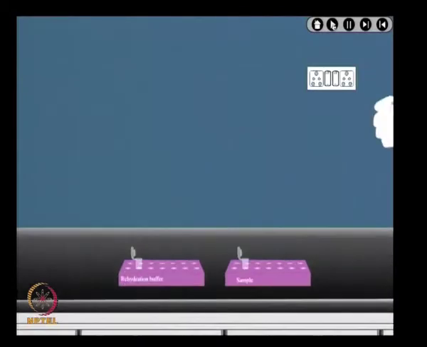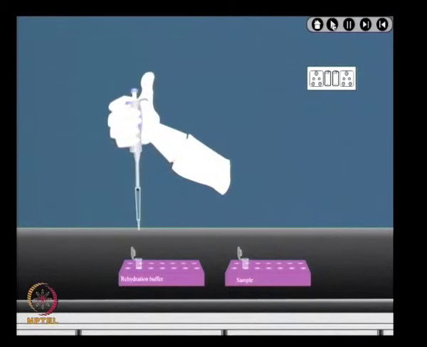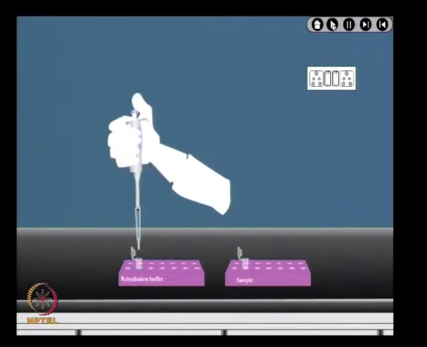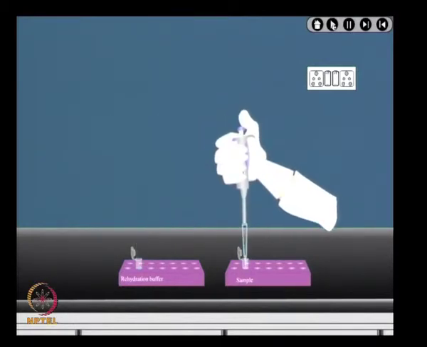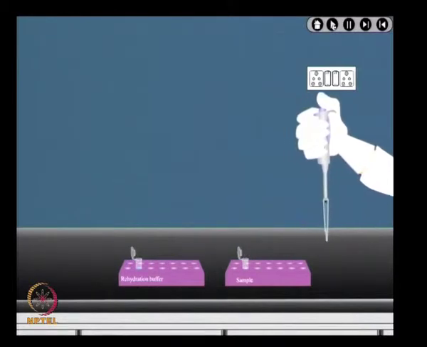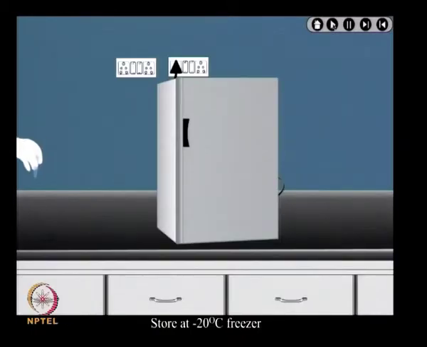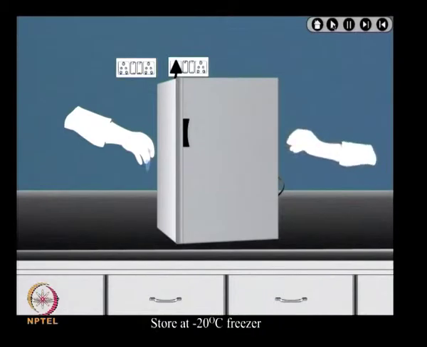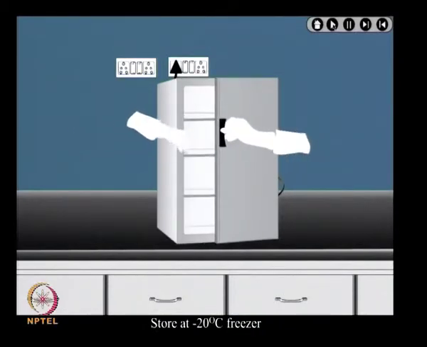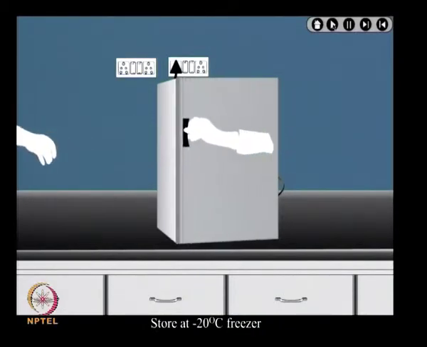You need to allow the pellet to dry at the room temperature and then add the lysis buffer containing 7 molar of urea, 2 molar of thiourea, CHAPS, IPG buffer, DTT and